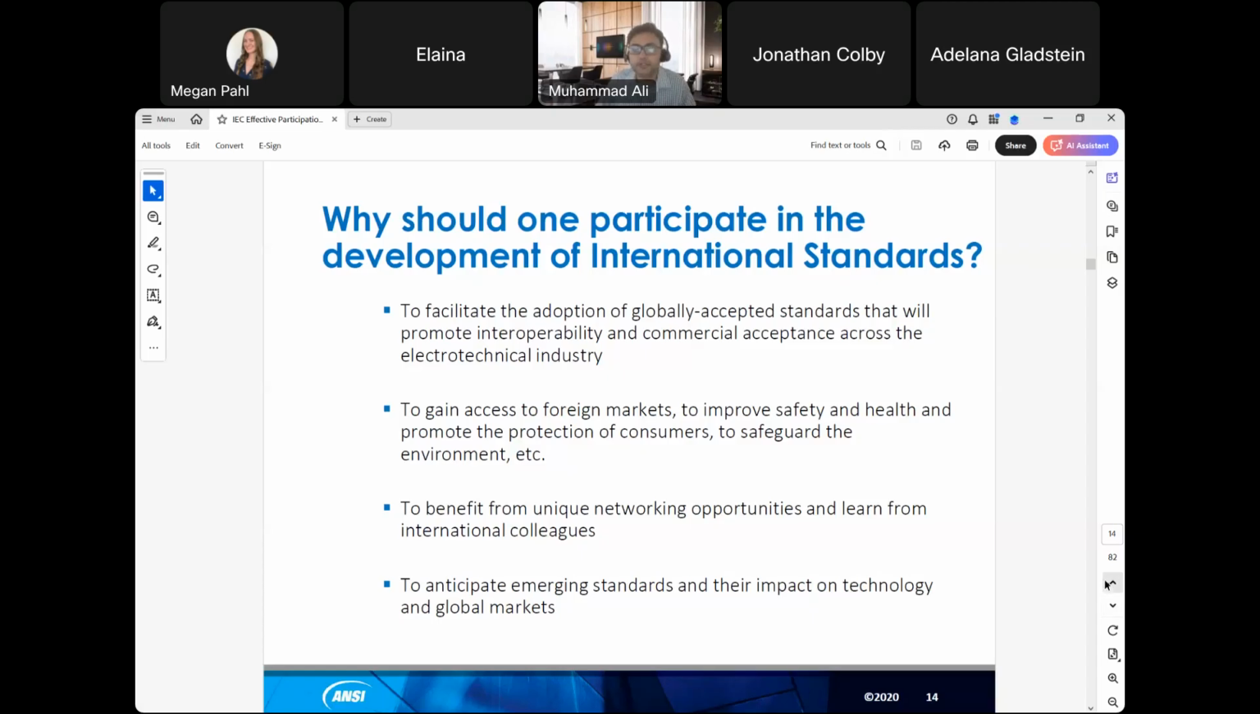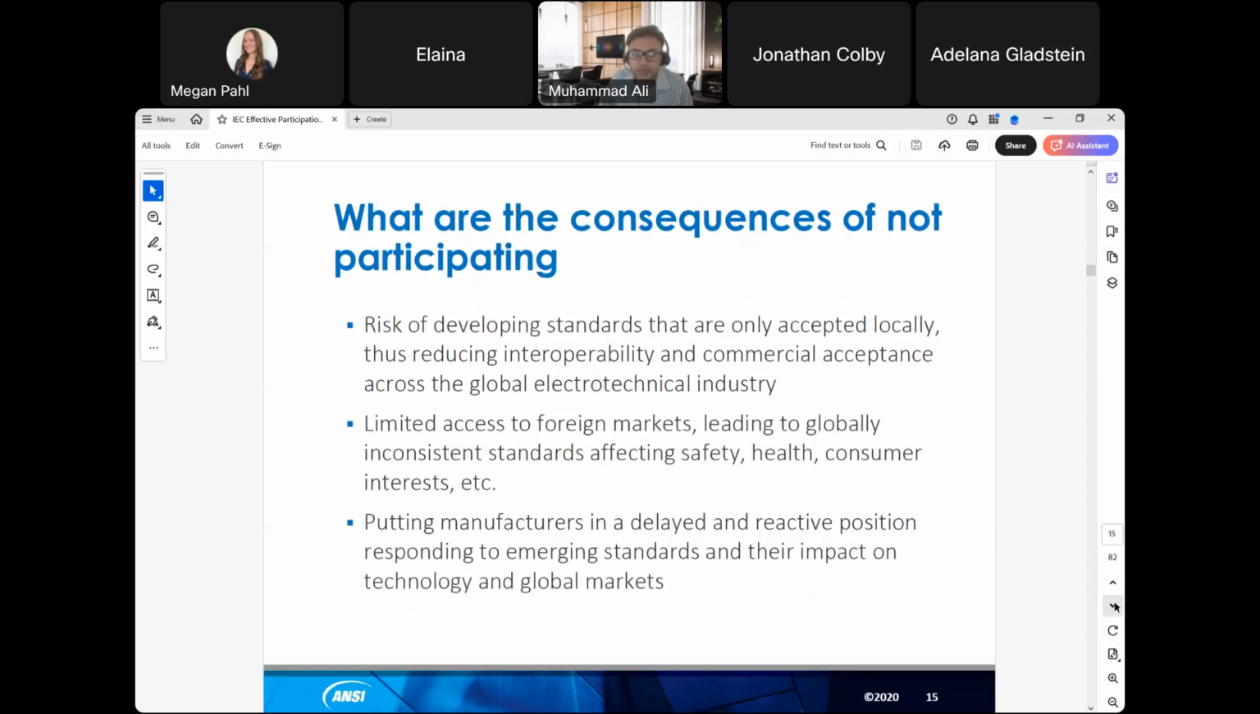Of course, you build customer confidence in your products, services, and solutions by complying with the international standards. It also helps you innovate and increase your capability in the R&D sector. And last but not least, it reduces the overall cost of doing business by following the international standards. If you move on to the next slide on the consequences of not participating,